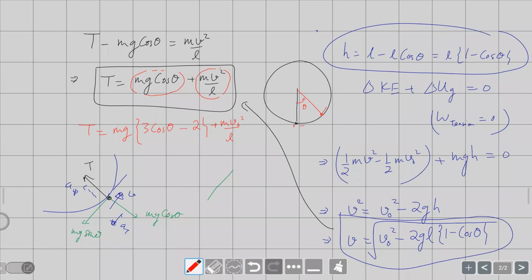But actually, what is more useful for us in the analysis is this. So it's showing you how the tension is decreasing as theta is increasing. Because the mg cos theta term is also decreasing. And V is also decreasing. So unless we give it enough speed, that it has enough kinetic energy to sustain the motion, it can always happen that it will come to rest before reaching 90 degrees. And if that happens, from that point it will come back like a symmetrical motion, go to the same theta on the other side, then come back. So it will perpetually oscillate. Of course, in real life that doesn't happen.